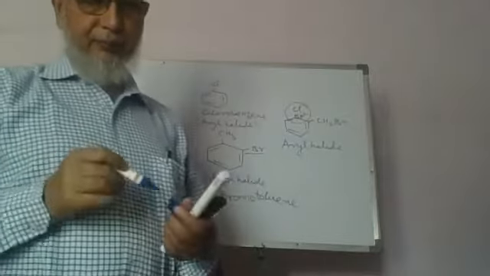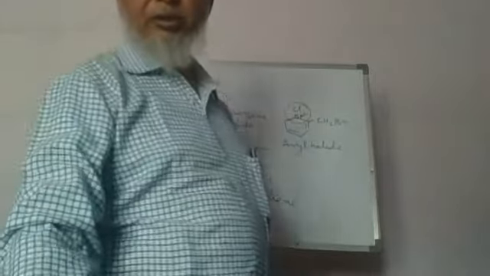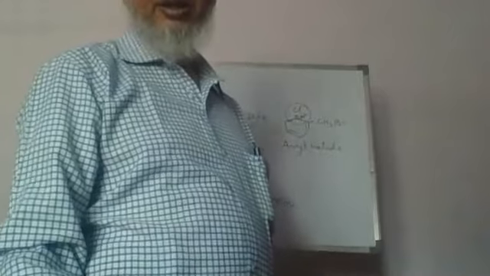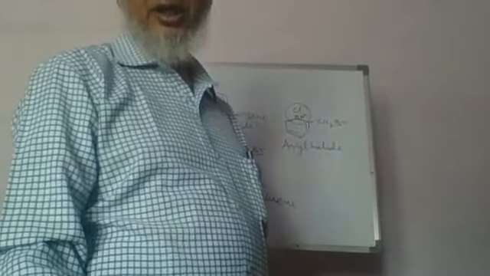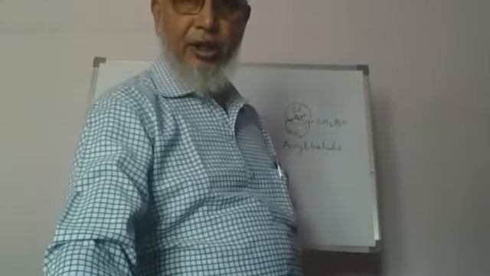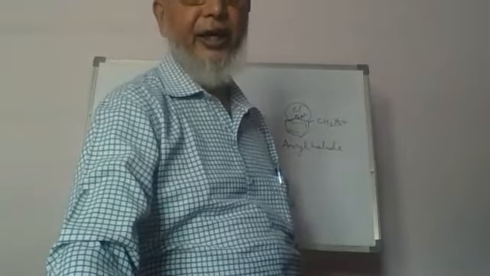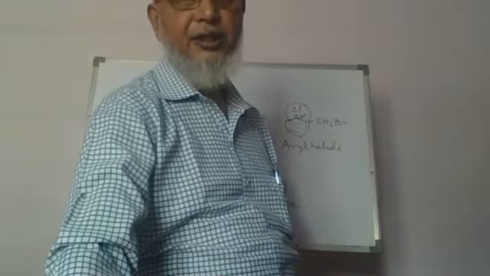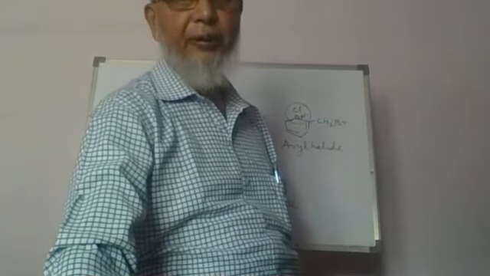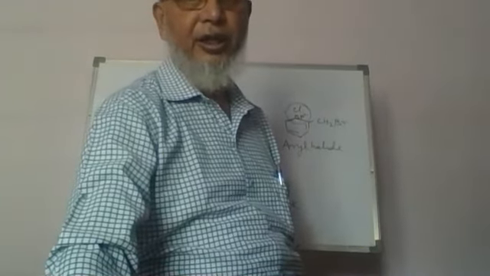So in the next one, we shall discuss about the dihalogen derivatives and the nomenclature of the alkyl and aryl halide, and thereafter we shall discuss about the preparation and properties of the alkyl and aryl halide in our next lecture.